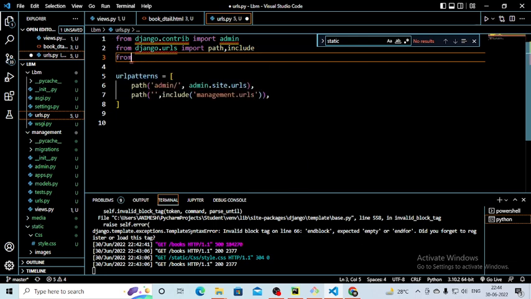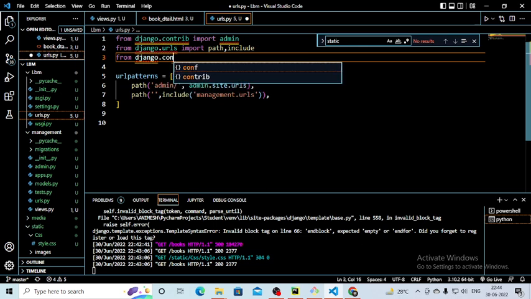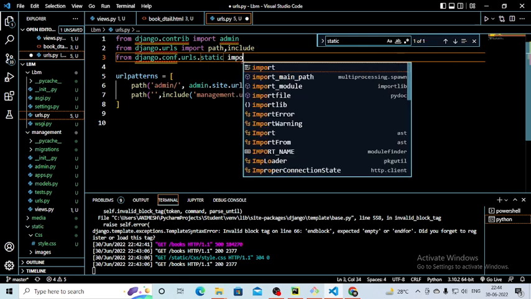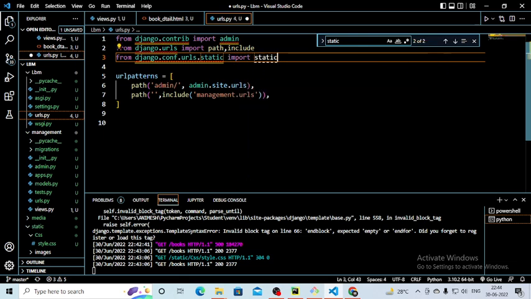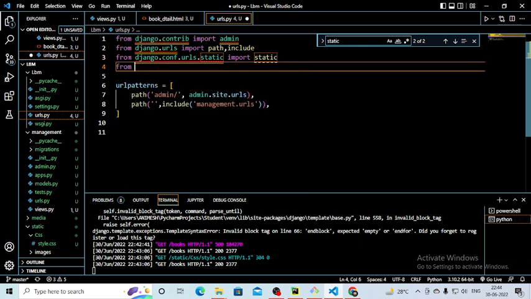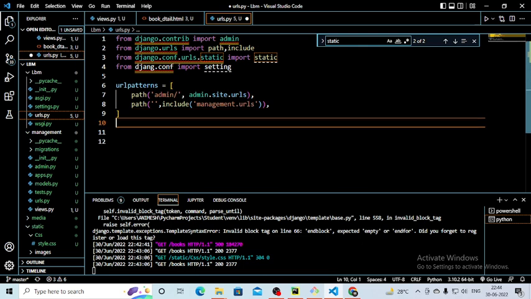From django.conf.urls.static import static, right? So this line you have to import first, and the second thing is from django.conf import settings. Okay, so after writing this you have to write one more thing here, that is urlpatterns equal to,